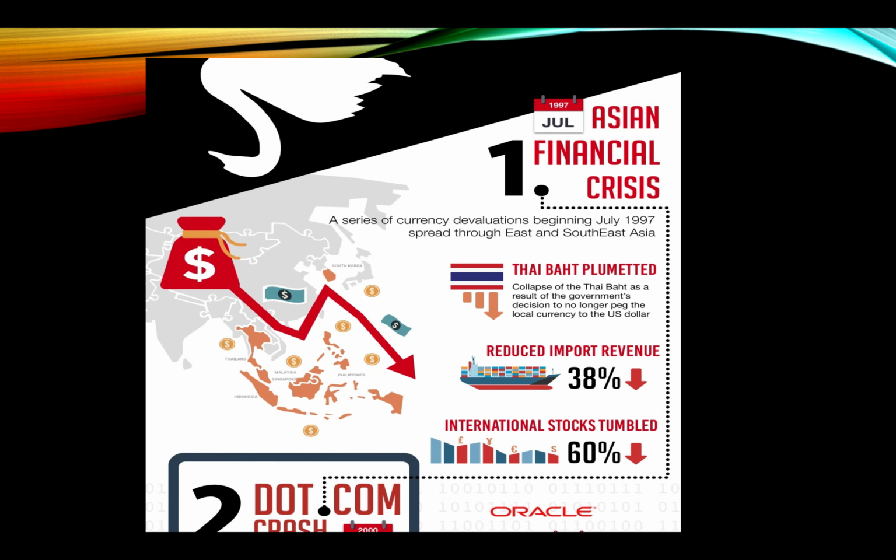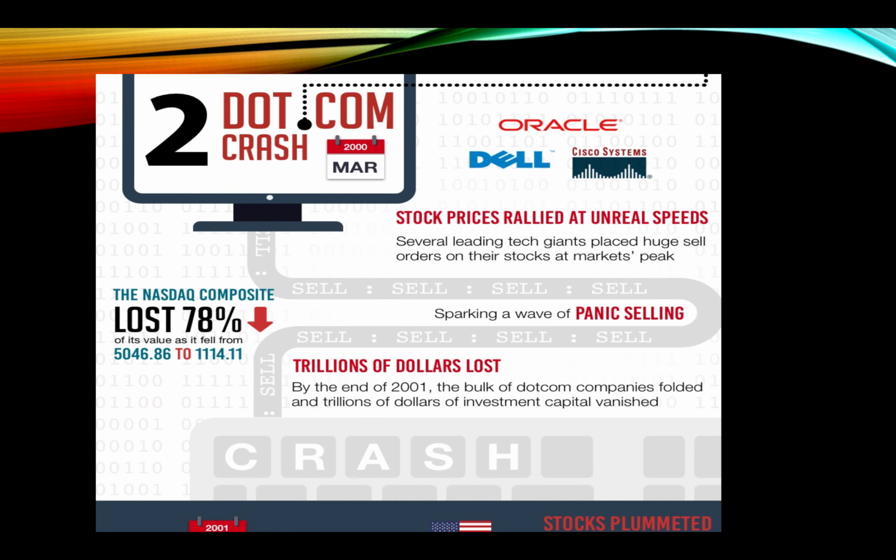All right. So we can look back through fairly recent history and identify what we might call some black swan events. One is what's called the Asian financial crisis. Basically, it's a series of currency devaluations that reduced a lot of revenue in a lot of South Asian countries, and as a result, international stocks tumbled. Okay, the dot-com crash,